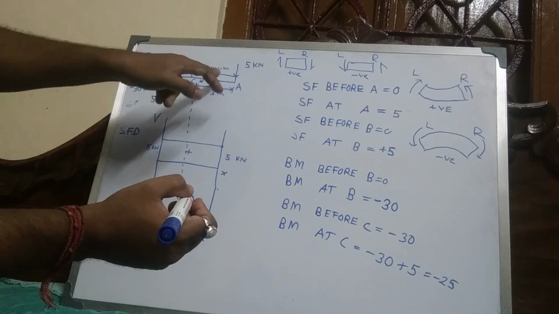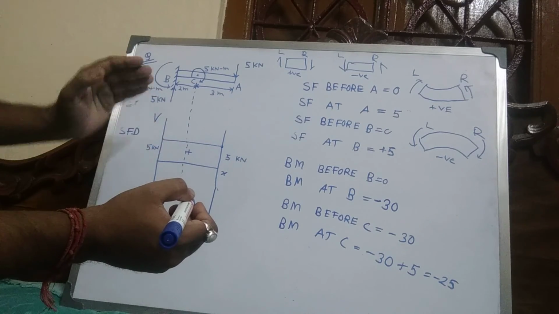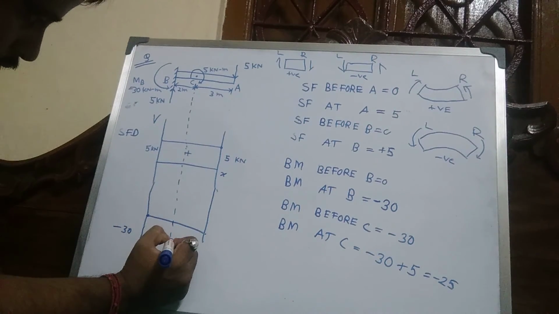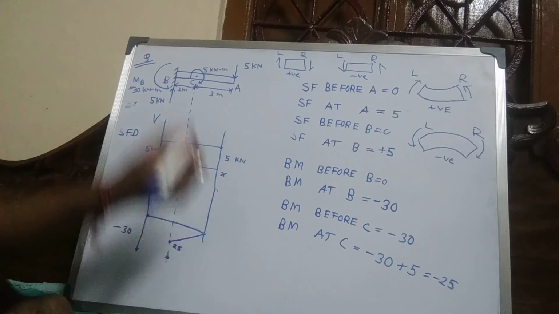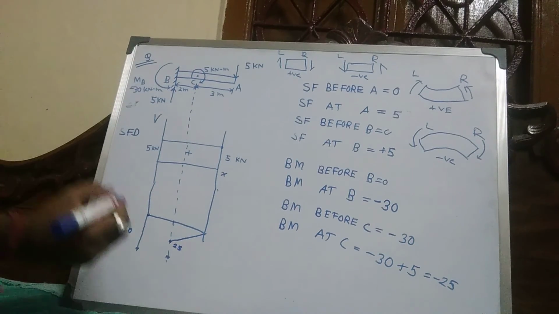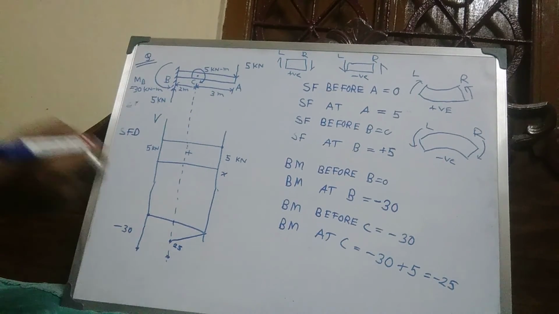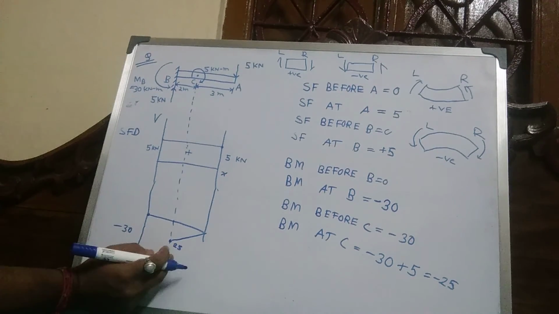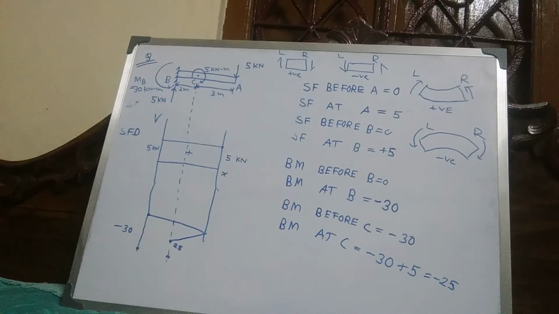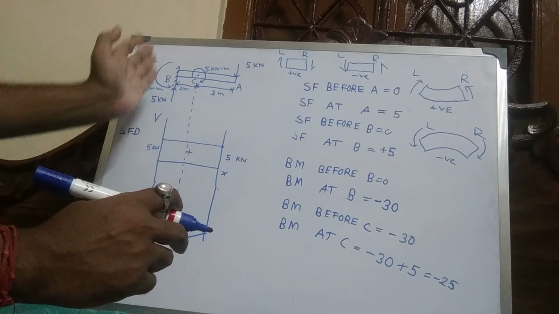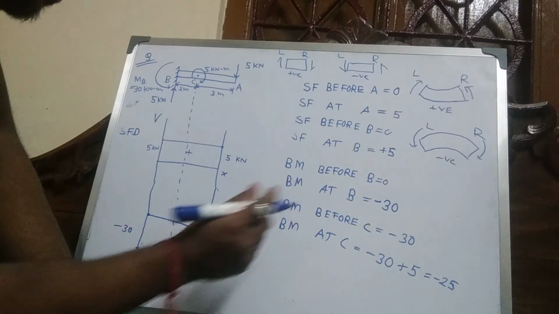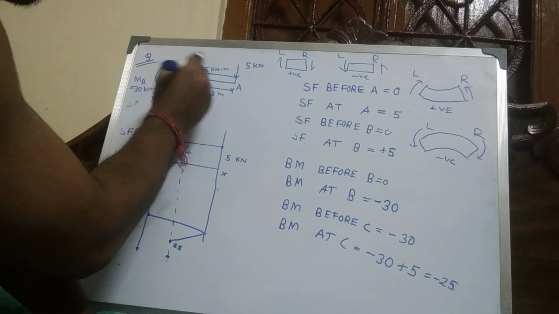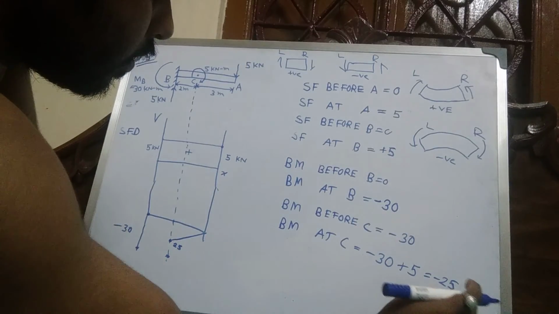When the shear force diagram is constant, this is an inclined straight line, so this is an inclined straight line. Here also 30, so there is another moment we have not considered. Sorry, there is a big mistake by me, and this also here